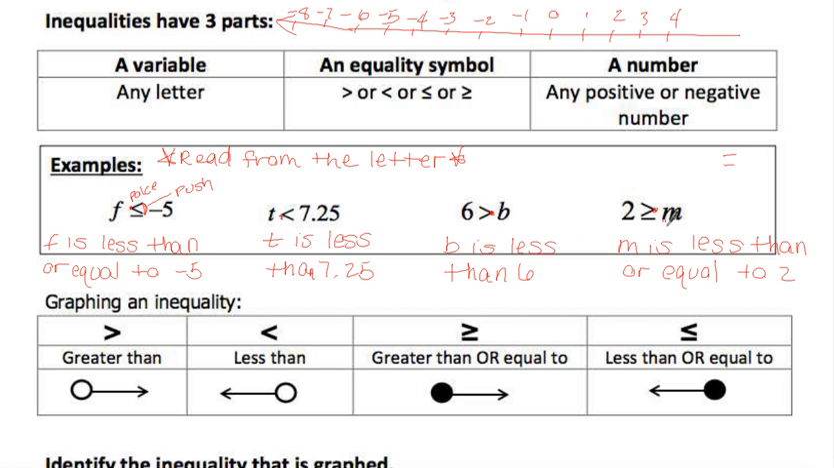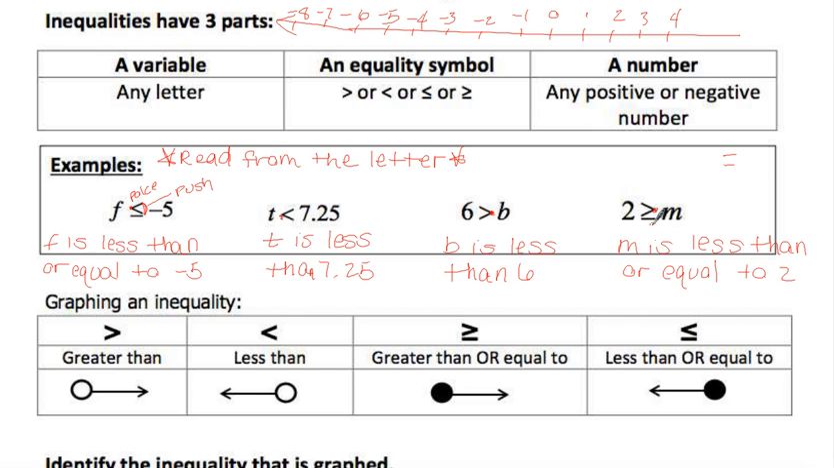So if we talk about graphing an inequality, here's how we can think about it. So we have greater than, which is just an open circle. A less than is an open circle, and the greater than or equal to is a closed-in circle, and a less than or equal to is a closed-in circle. So how can we remember this? Okay, so what we're doing is we're going to put a mark on our number line. So say if we look at this last example here,